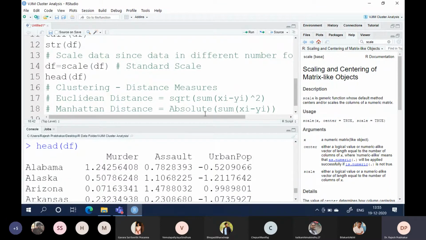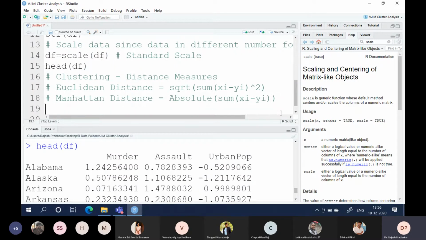When I say absolute, I mean you will ignore the mathematical sign. Okay, so these are popular distance methods which are used widely in clustering.